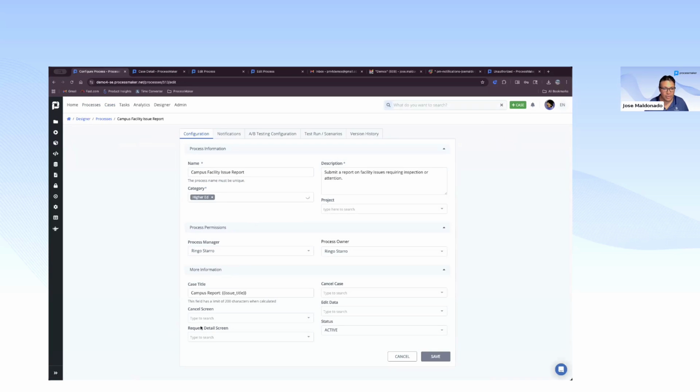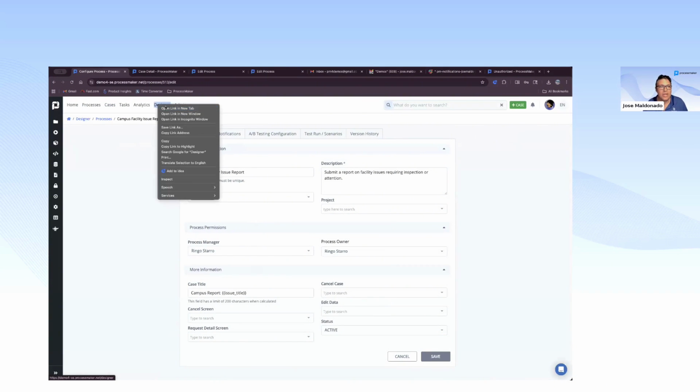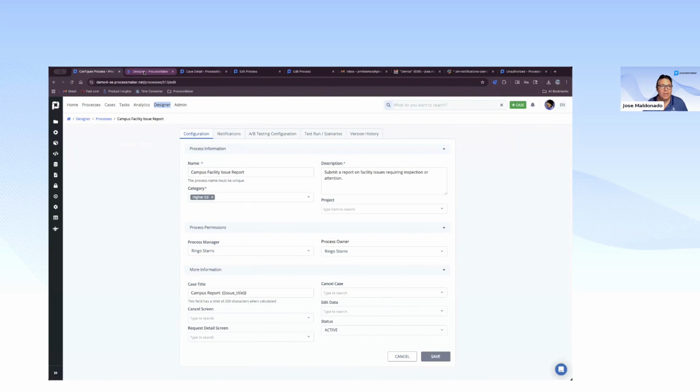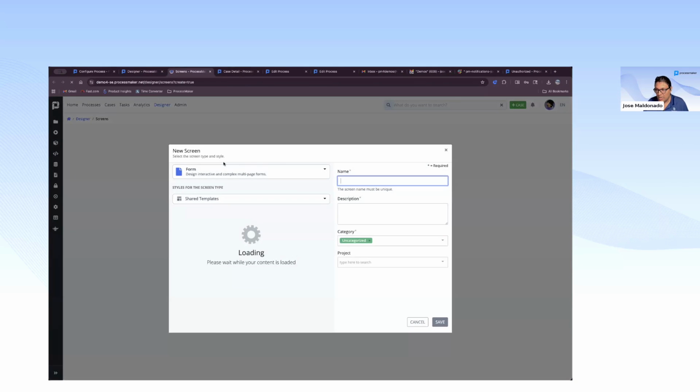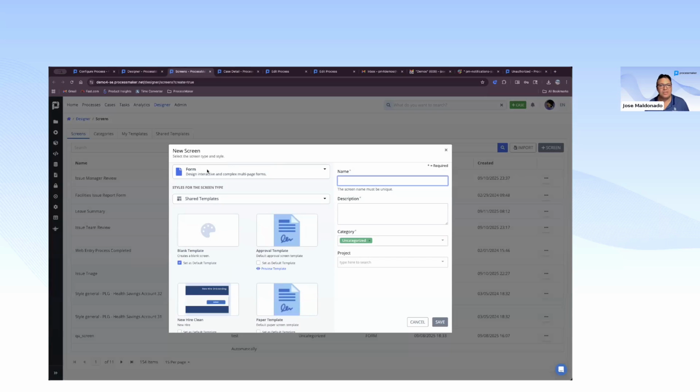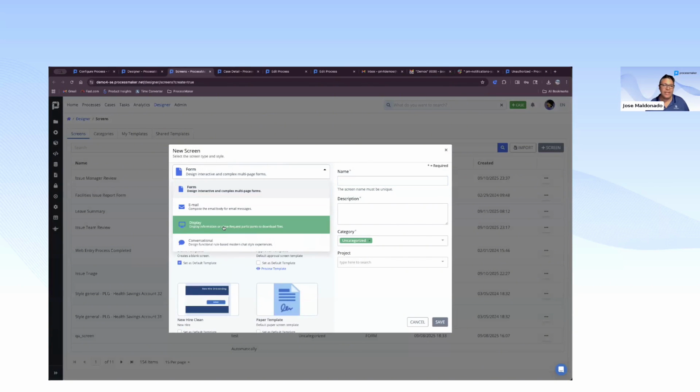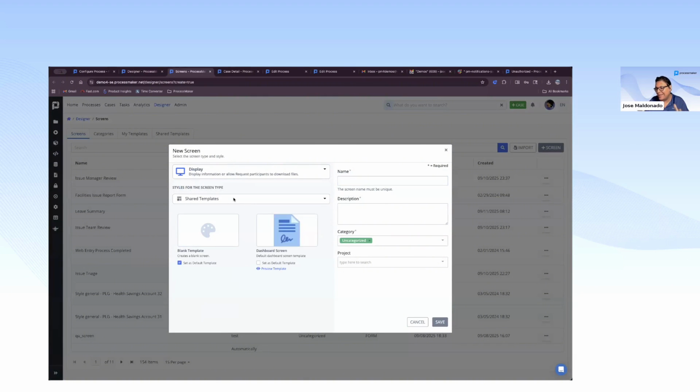And it's asking for a request detail screen. So actually, let me just pause this. Let's go ahead and create one real quick. And as some of you may know, request detail pages are built in our screen builder as well as most anything else, but these are of the display type, meaning they don't collect any input because it's only a read-only display. I'm going to pick a blank one just to show,